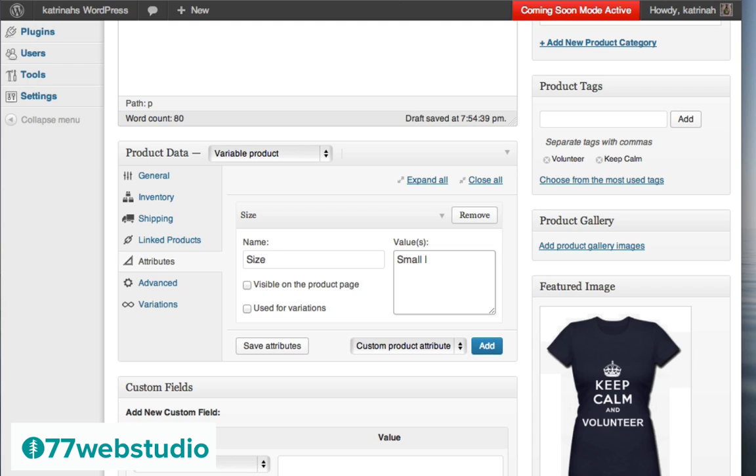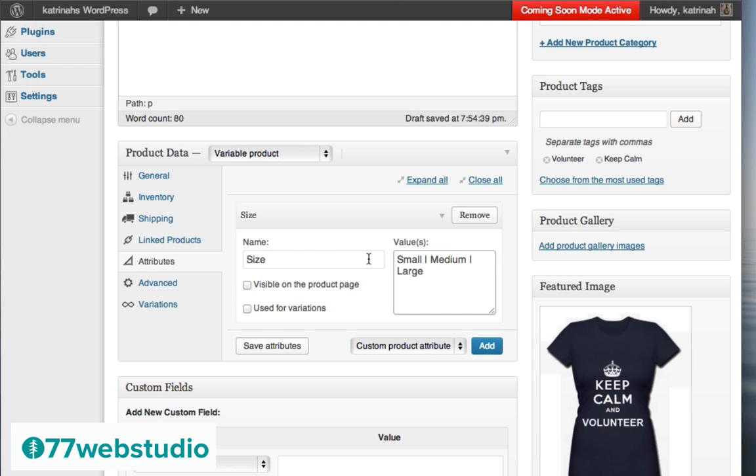And also note that I'm using this pipe symbol. It's a vertical line, and it's located just above the right-hand return button on your keyboard. So when you're looking at your keyboard, you see there's the return button on the right-hand side. Just above that, there's a pipe symbol. It's a vertical line. So I'm going to separate each of the values with this pipe symbol. So I'm going to have small, medium, and large.